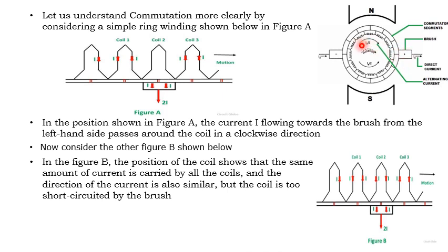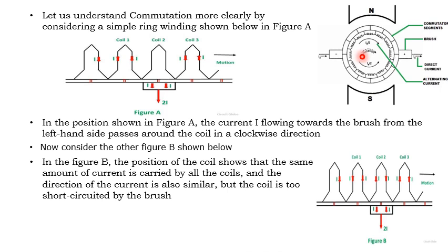Now here the current direction is shown. In the north pole, the current flows in one direction, and this is alternating current. In the south pole, the direction of the current is reversed, as shown here. Since the magnitude of these two currents will be